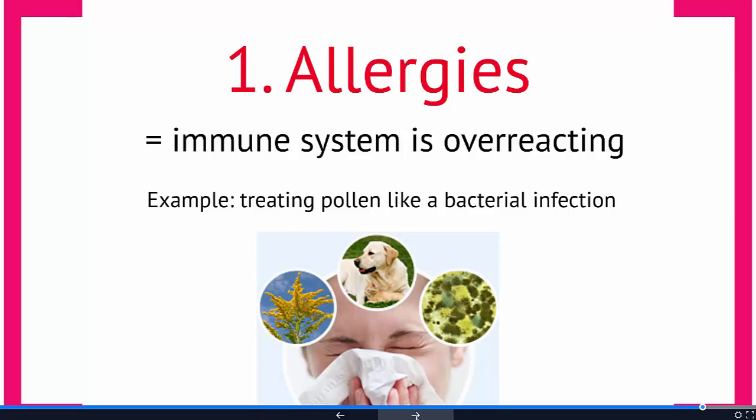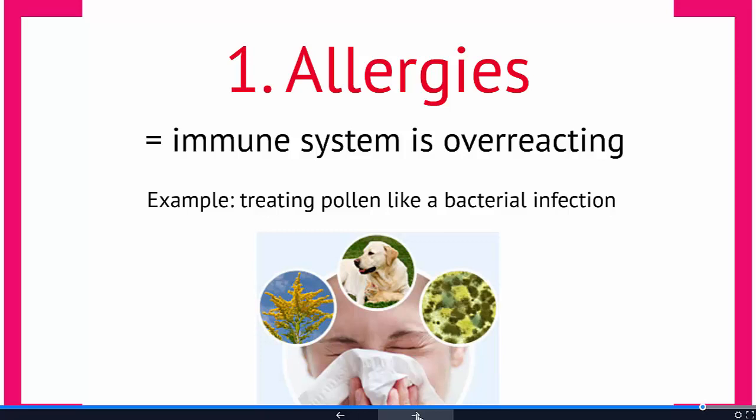People will have more allergies, and there's some ideas out there that maybe our environment is too clean and that our immune system is used to fighting off a lot more pathogens, and because we aren't exposed to as many pathogens, our immune system is now reacting to pollen and pet dander. So imagine you have this fantastic SWAT team and it's been sitting in a room not allowed to go anywhere for 10 years.